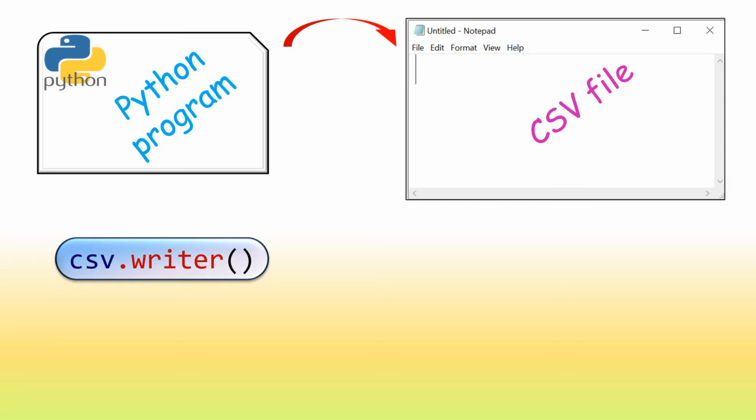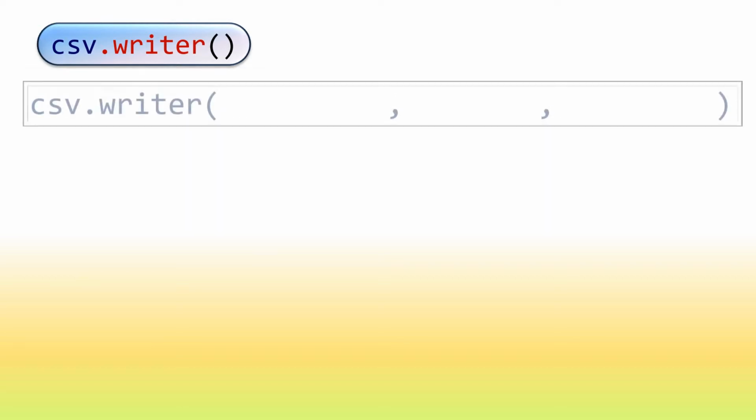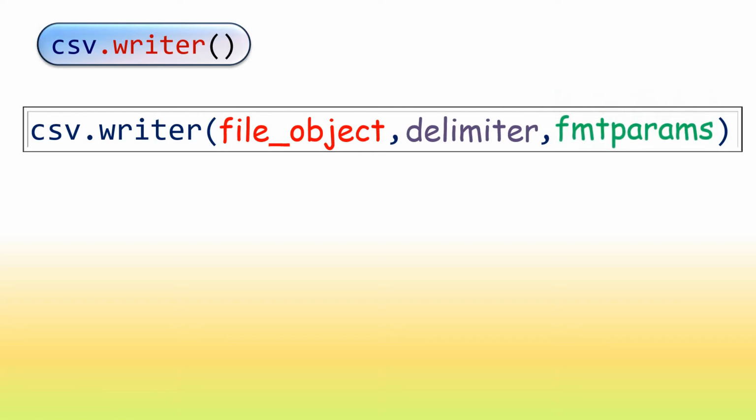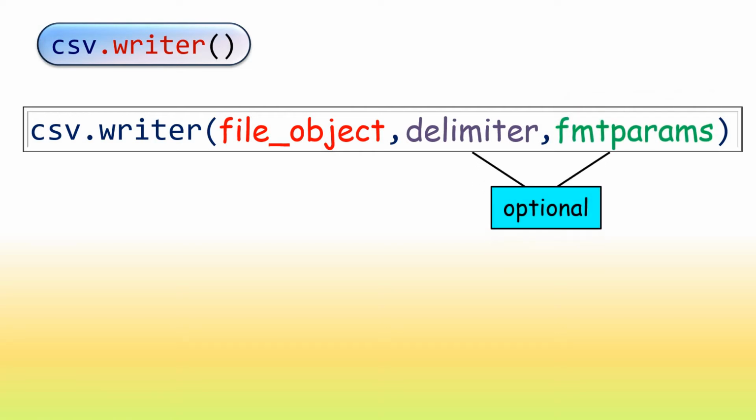The syntax of csv.writer function is as follows: csv.writer within parentheses, the first parameter is the file object, comma, second parameter is delimiter, third parameter is format parameters. Delimiter and format parameters are optional. Let us see an example.